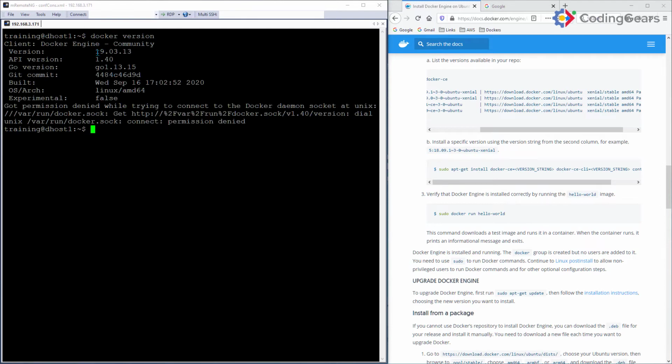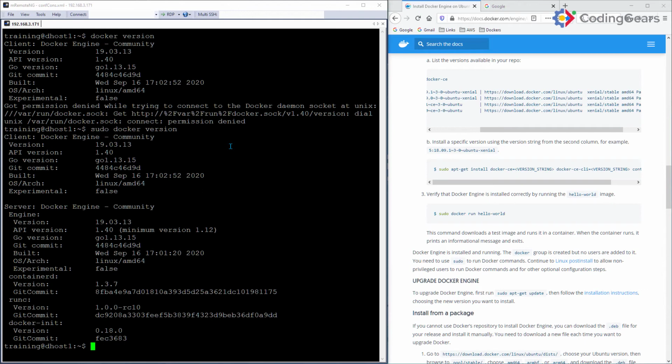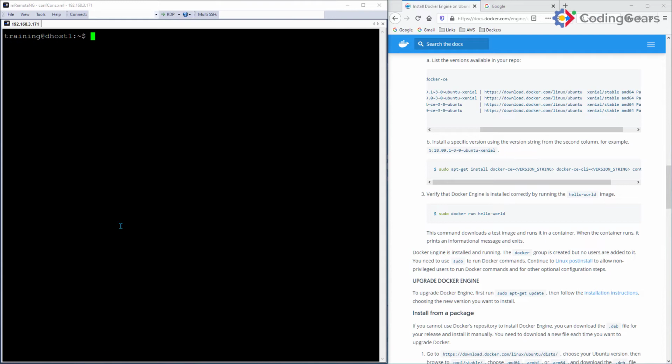We see the client version is 19.03, and we got permission denied while trying to connect to the Docker daemon. This issue is because of the permission. We can fix that by just using sudo, which will work. As you can see, now we have the server version as well. But if you do not like using sudo every time you run the Docker command,